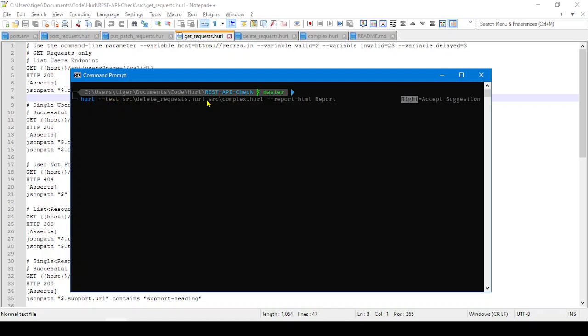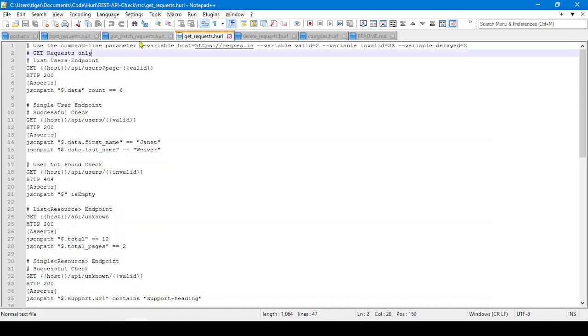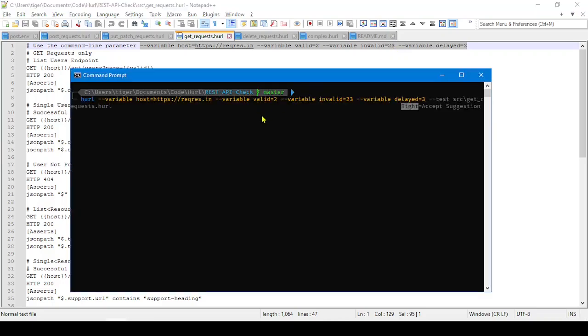So to execute get request, it would be hurl, this entire string, copy and paste that, and then --test and the file name. So if the file is within the src folder, src get request hurl, press enter,